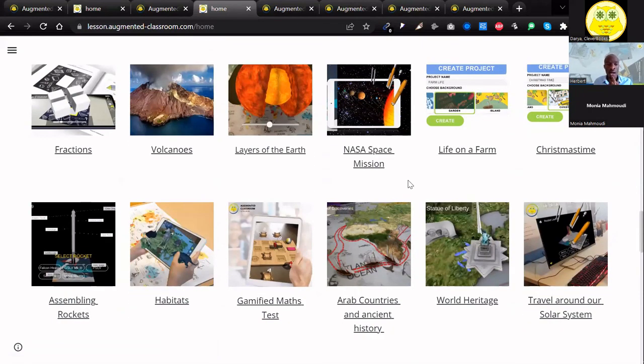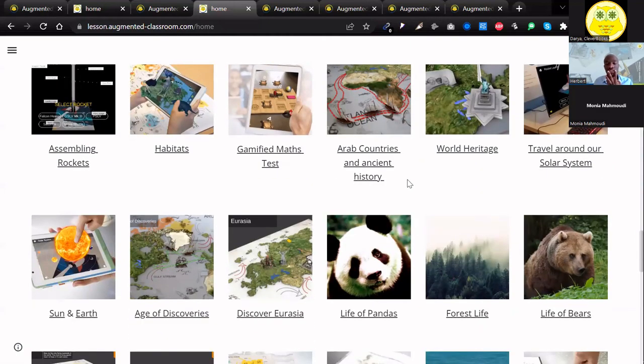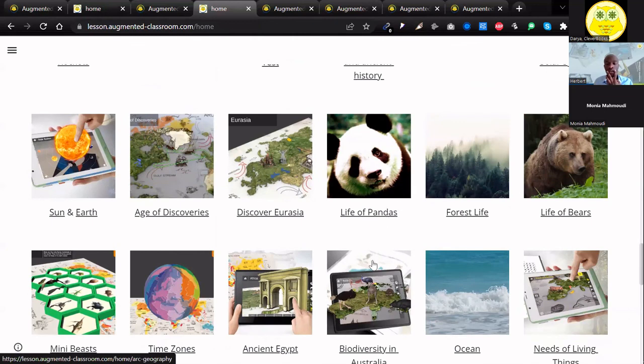Another way I would think of would be, let's see, what are some ways you have imagined using augmented reality? Because what this does is it brings any content live. So what other things would you like to bring live in computer? That's the question. So how you ask the question may be important. What other things exactly do you need? Exactly, I need 3D images. You can also use 2D images as well. You can also use just simple 2D. If you take a picture from your phone, you can also use those images. It doesn't always have to be 3D images. If you want 3D, there's plenty of those, but you can also just use 2D images. Does that make sense?